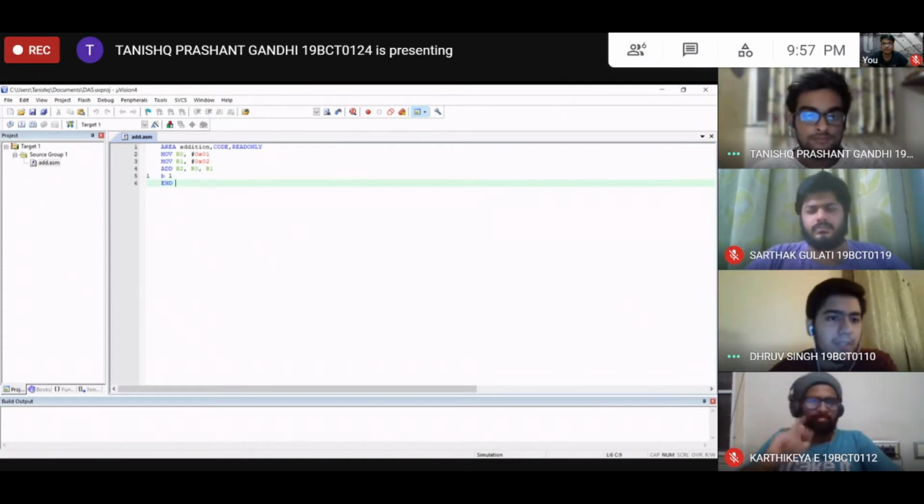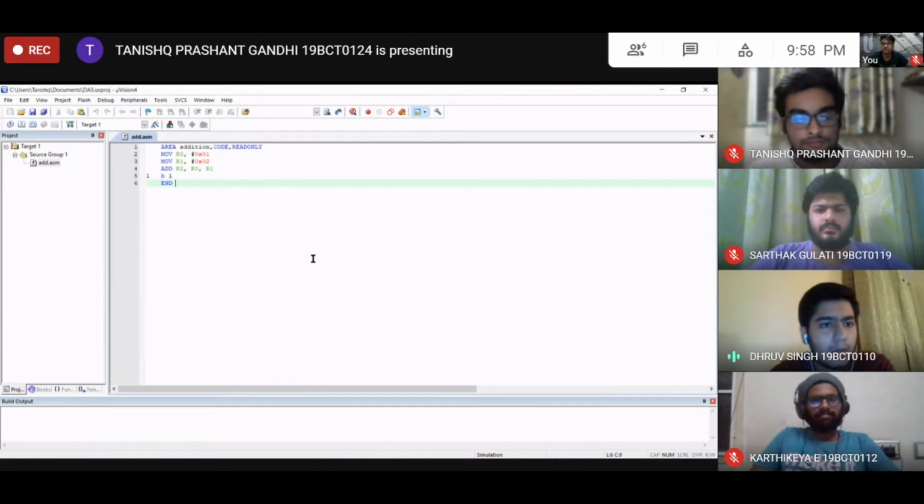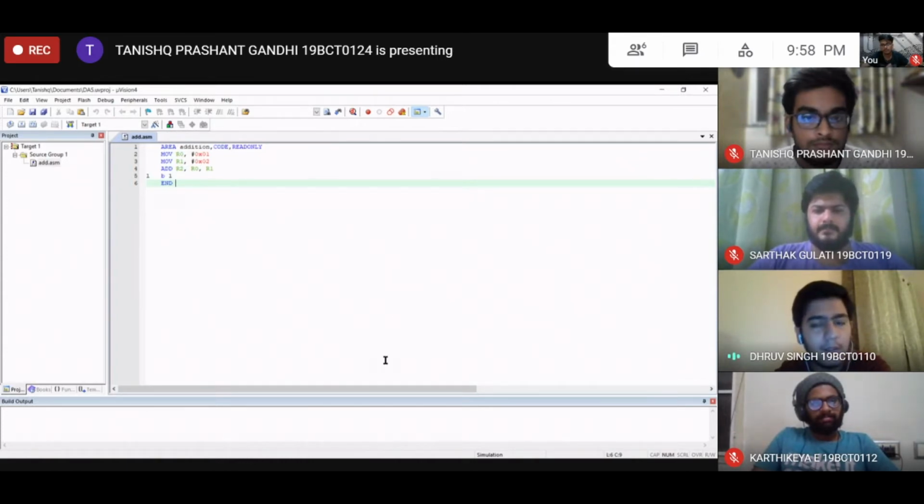Okay, so in this program, as we can see in the first line, we are specifying the location where the program is going to be written. If we look at lines 2 and 3, we are using the immediate addressing mode. The first data value is moved into the register R0, and similarly in the third line, the second data is moved into the R1 register.